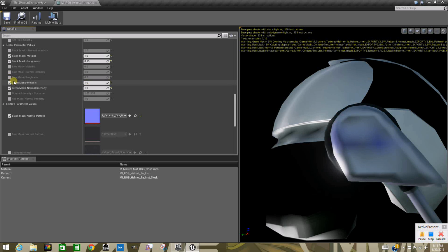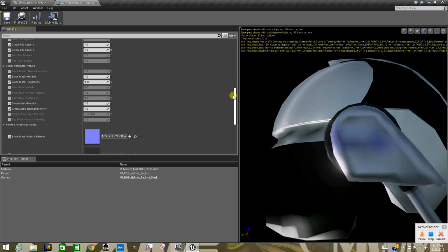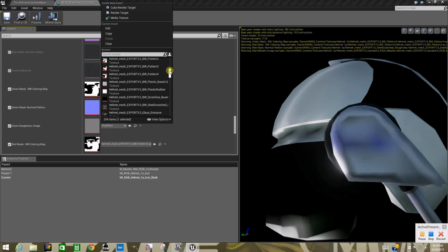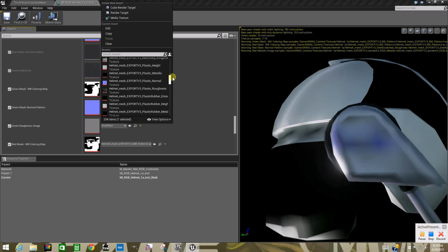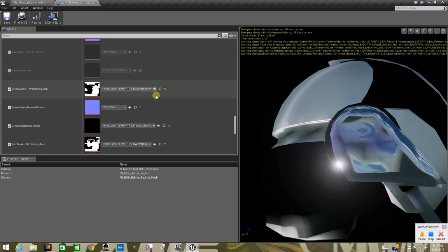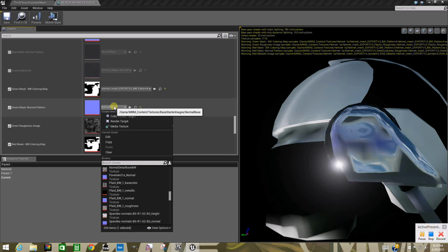Oops, that's blue rough. Oh, okay. Got my own roughness map. Okay. Got it. And let's say plastic, rubber, plastic. Nope, wrong one. Plastic roughness. And give it